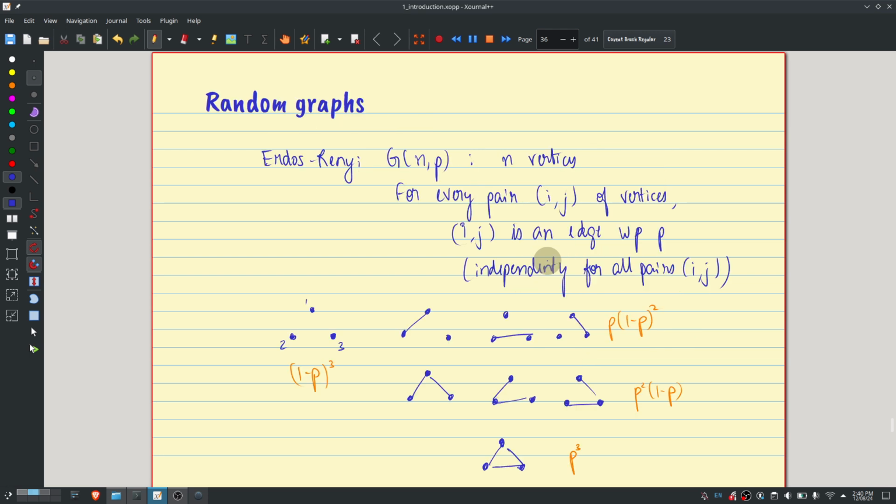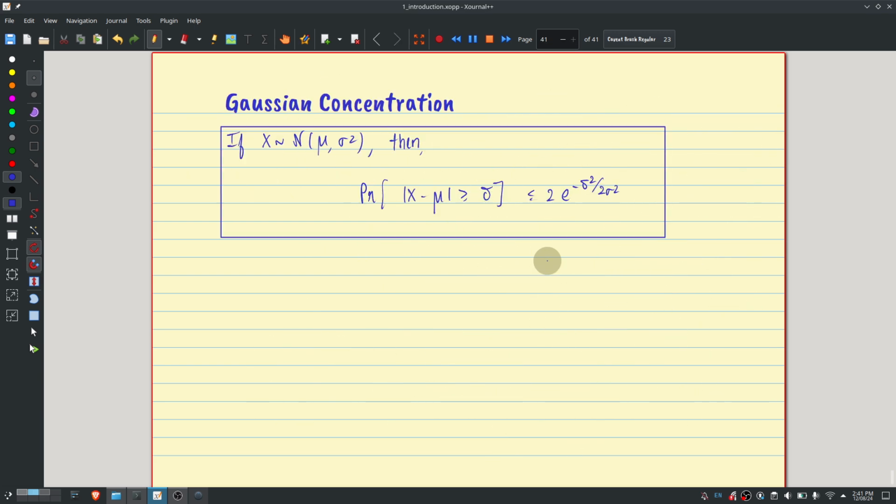right? And then we used the bound for Bernoulli random variables to say something about random graphs, in particular what is the degree distribution of the random graph. And we saw that for an Erdős-Rényi graph, as long as p grows sufficiently fast with n, all the degrees are very close to n times p with high probability, right? So the degree distribution is almost uniform in some sense. In today's class, we'll see another application, particularly using concentration for Gaussian random variables.